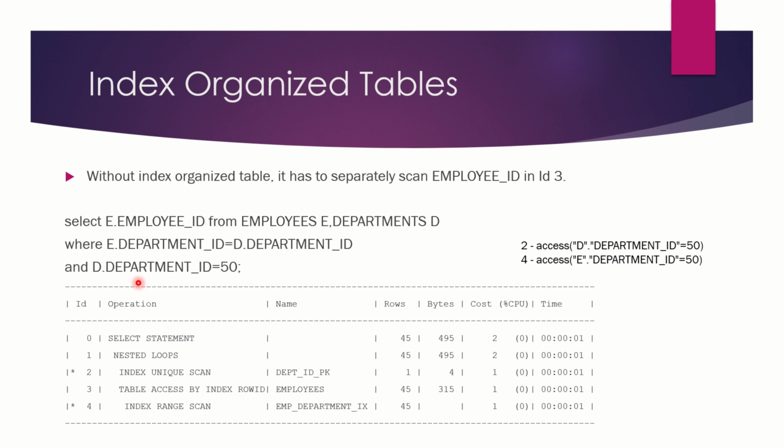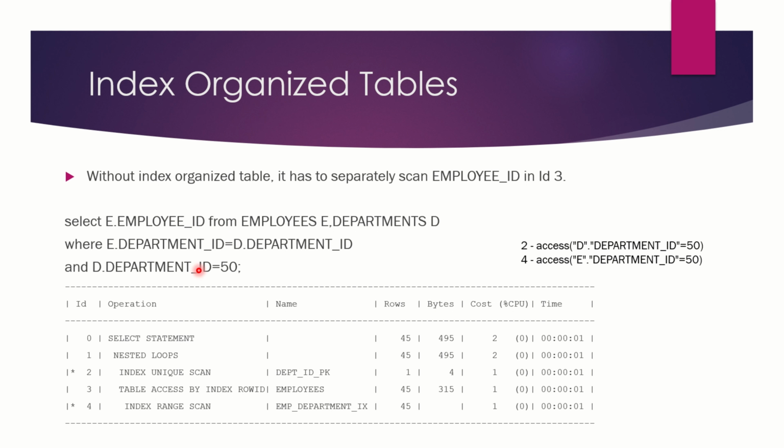So the summary for this select statement execution is that we should always start with such a column in the where part of the clause which has fewer distinct values, and then go with the join operation. Now in this case, if I don't have an index organized table, how does Oracle execute this query?